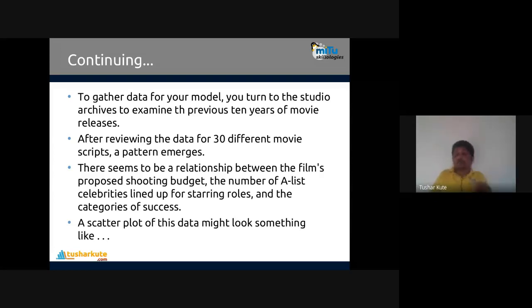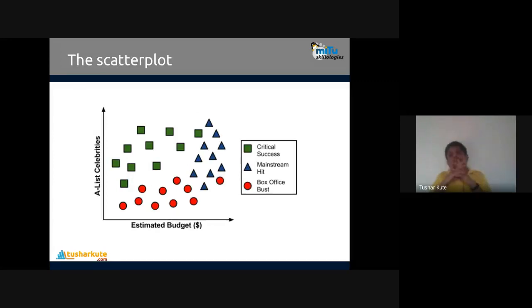I gathered the information about 30 movies, 10 from each category, and plotted that data on a two-dimensional plane. Let's see how a decision tree can be created for it. On the X-axis, I have the estimated budget in dollars, increasing in increments. On the Y-axis, I have the number of celebrities in the cast. Three categories of movies are there.